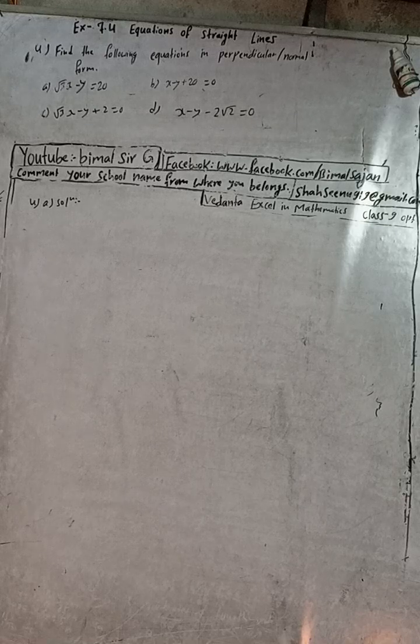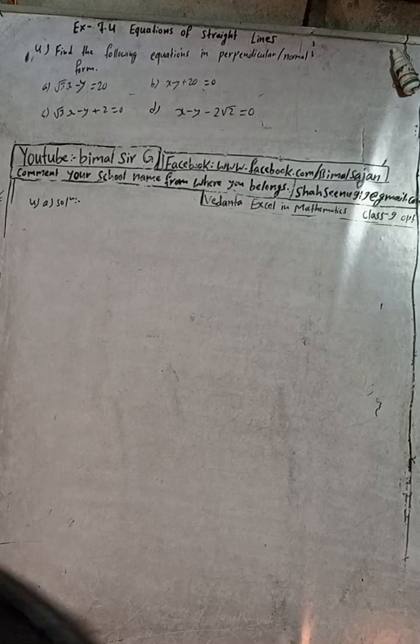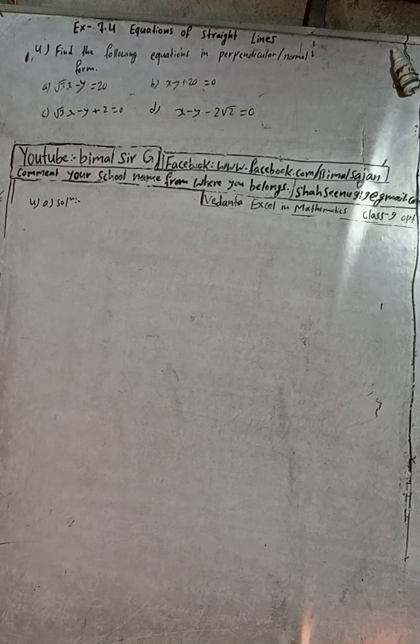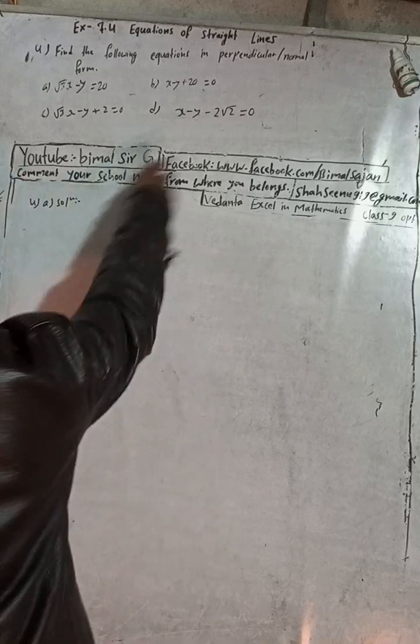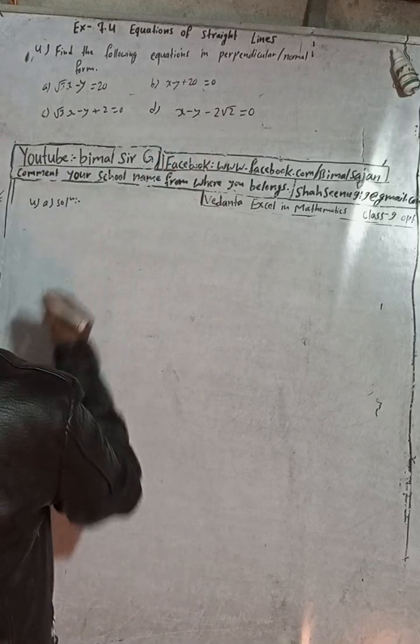So here the question is for exercise 7.4, equations of straight lines, Vedant Excel in Optional Mathematics class 9. Okay, here the question is: find the following equations in perpendicular or normal form. Four questions are there. So number one is there,